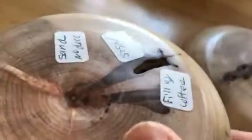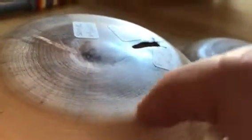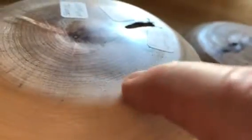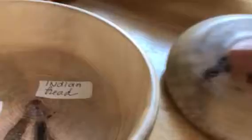The next step is to put it back on the lathe and cut into the bottom. Instead of leaving a hump here, which it has, I have to recut it, and I can get rid of those little rough spots and smooth them out and make it cut deeper into it so that it sits on the table properly without rocking around. So I'll refinish the bottom, and the top